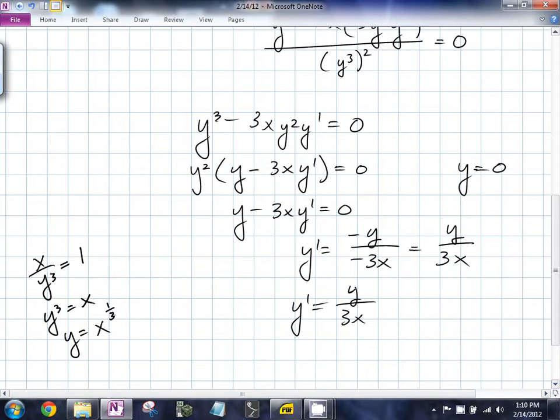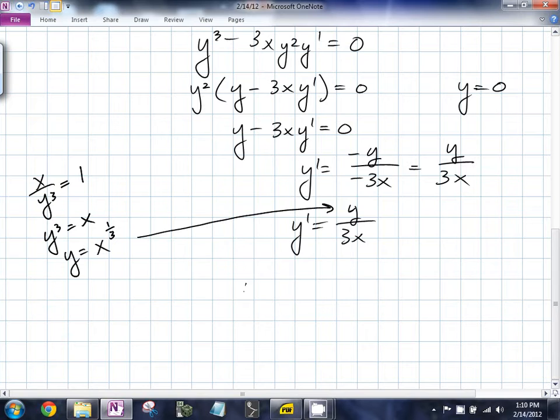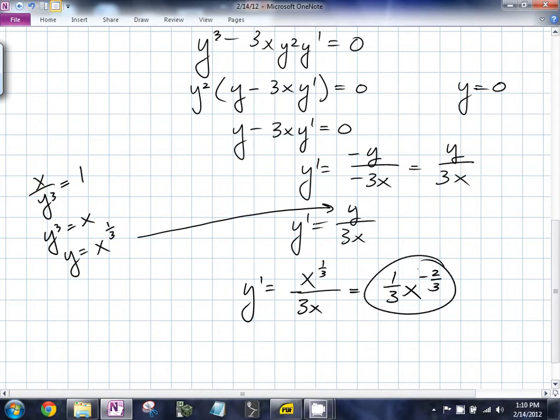So what can we replace here? We can take this and plug it in for y, and what do we end up with? Y prime is equal to x to the 1/3 over 3x. So what does that equal? 1/3 x to the what? Did we get the same thing? Yes. That is the exact same thing, but here the only thing I want you to take away from this